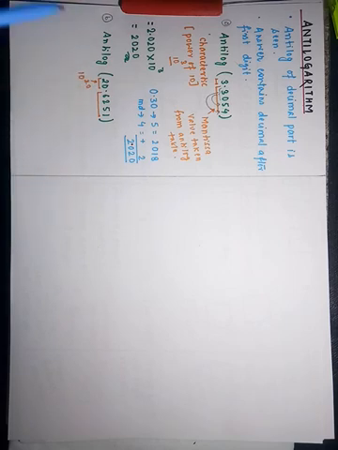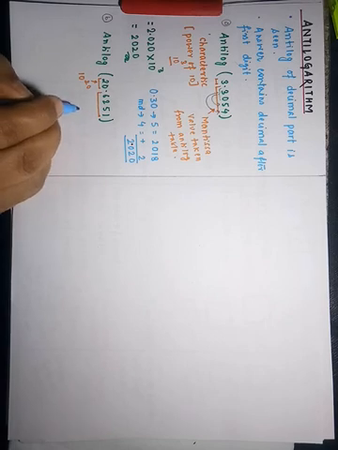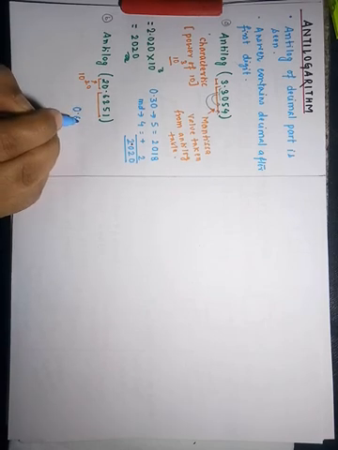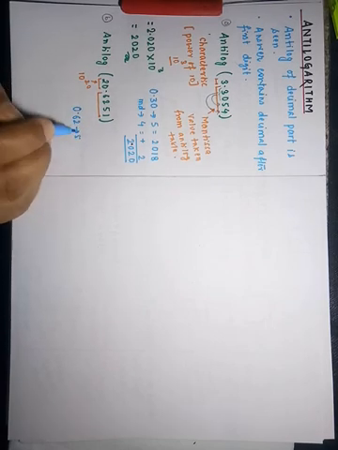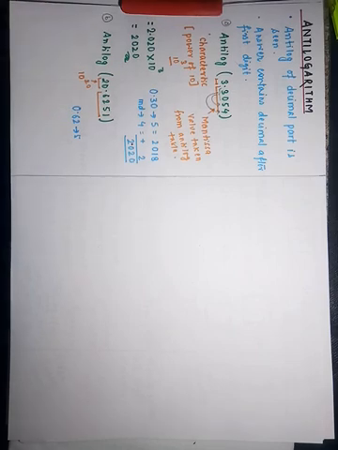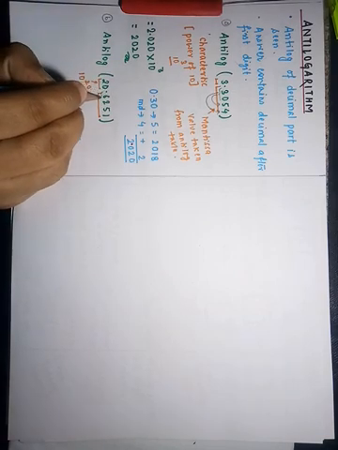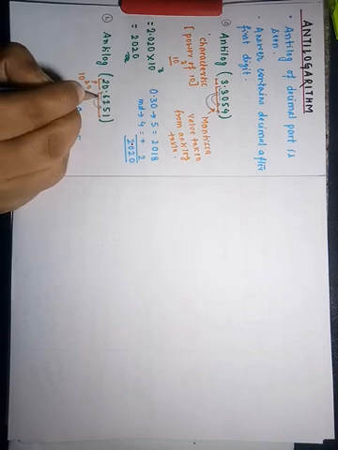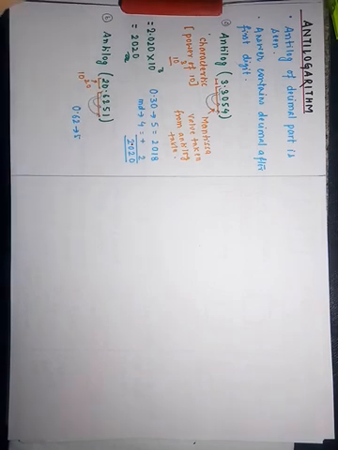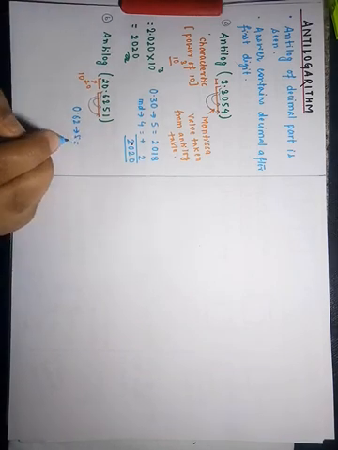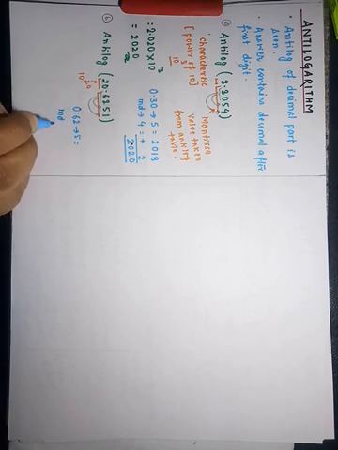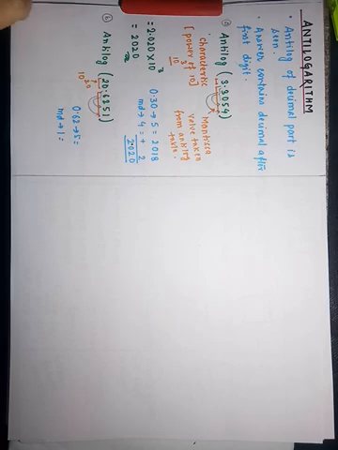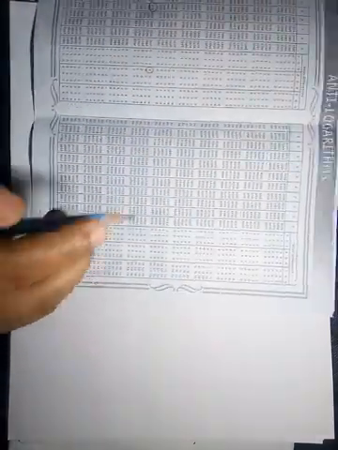We have to see the value of the mantissa. So we have to see the value of 0.62 in column 5. I have already told you that we take the first two digits after the decimal, value in column 5 and mean difference in column 1, students. So let us take the help of the antilog table for 0.62 in column 5 and mean difference 1.